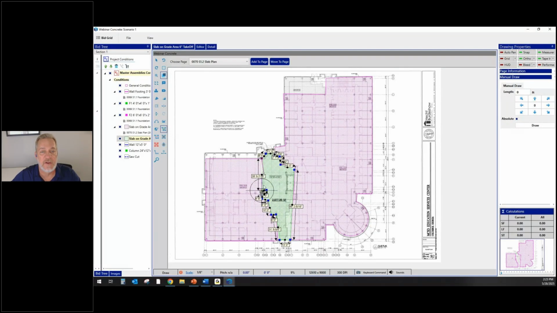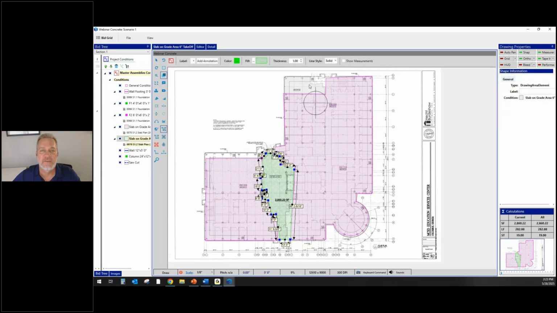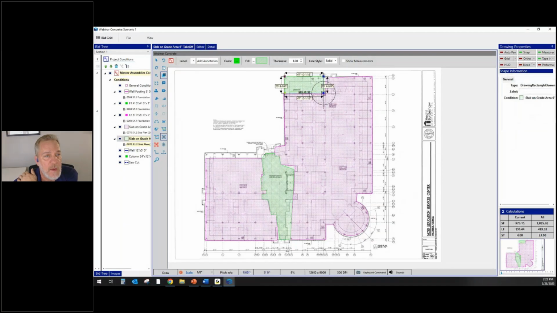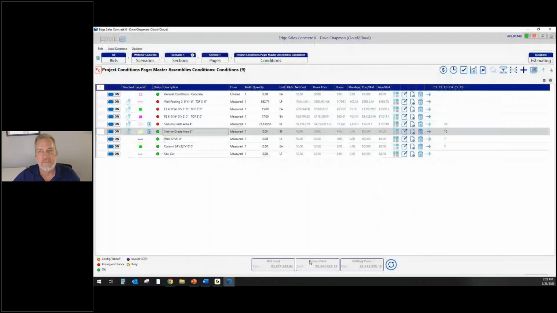A lot of neat tools on this drawing screen, very similar to most takeoff softwares. The biggest difference is that the Edge is all in one, so it's creating the estimate at the same time. You have other things like rectangles, so if you just want to click 2 points, you don't have to click the entire perimeter. Okay, so that's the takeoff screen. I'll show you some other tricks here after we do our pricing, but let's come back to our estimate and